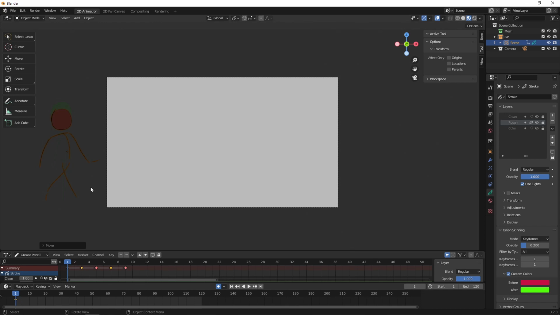Okay, now let's move our cursor from this to 20 and move that. See, so we have this. Now if we play this, let's disable that for now. Oh, this is too fast. And you can always select this by either clicking on it, or I like to do that and press G to move it around, or you can just click and drag on it. Okay, now if we play that,